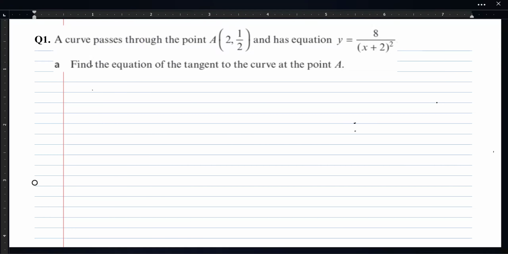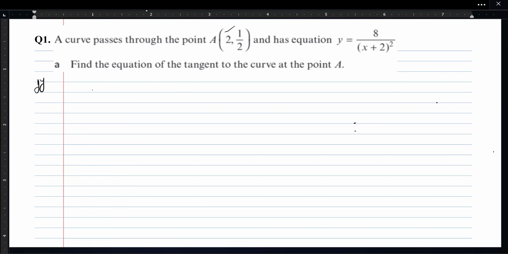Now, for the tangent, it's a straight line. We must have a gradient. Remember, whenever you differentiate the equation of the curve and substitute the value of x, you must have the gradient of the tangent. So let's go for it. First thing first, differentiating the equation. So we are going to have dy upon dx, but before this, you must remember for the differentiation, your curve or your equation should be